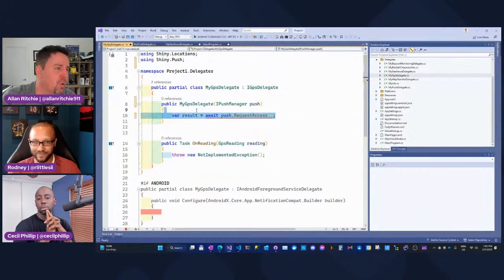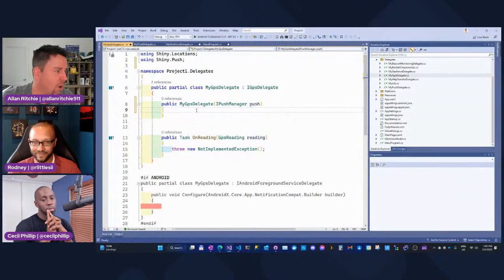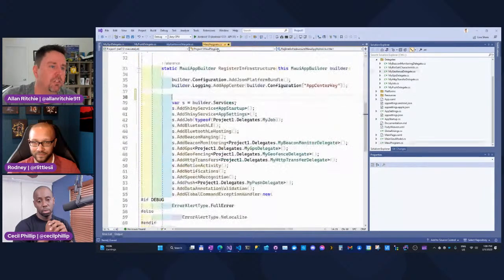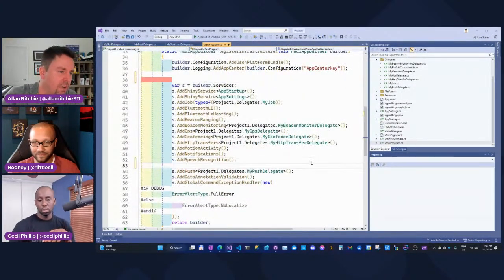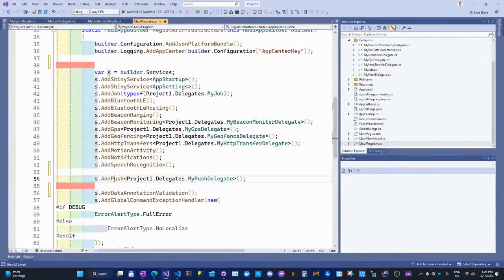But when we go into the world of, say, Firebase or Azure Notification Hubs or any of the other 6 million push providers that are out there, they all work on that one mechanism. You don't need to have this code running wild. So with Shiny, let's hope we can do this. Find my push. So I've gone and registered what's called native. So this is just designed to work with your native notifications.